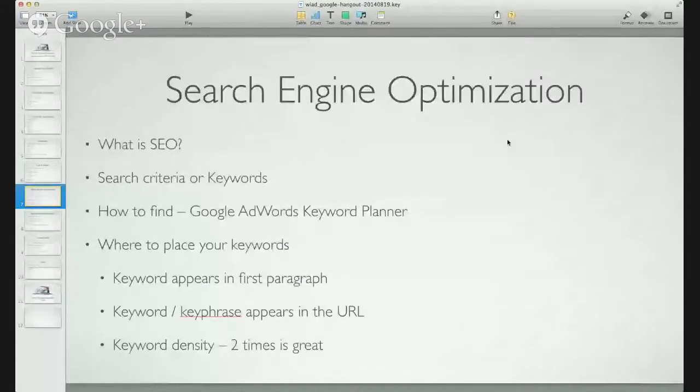All right, search engine optimization. What is that? Search engine optimization is basically when someone types a search or a keyword into a search engine like Google or Yahoo, for example, because they're searching for something. Now, these search engines like Google are just a program, and they collect a lot of information from websites, including your website.